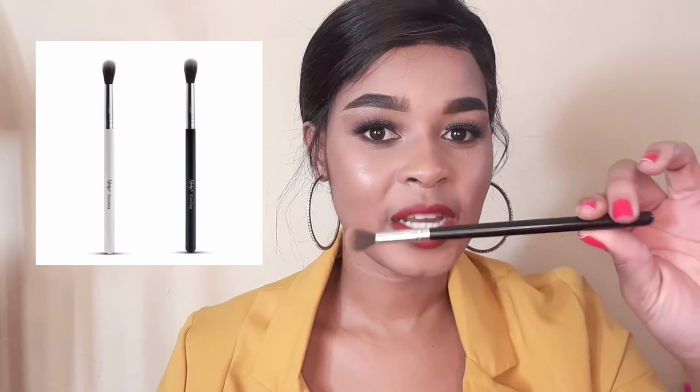With those, you really have to know your stuff. So that's why I would suggest that you go for the more neutral palettes and all of that. To blend out, you're going to need a blending brush, which is this one. I wouldn't suggest that you go with a flat brush, because the stuff that you do with your flat brush,